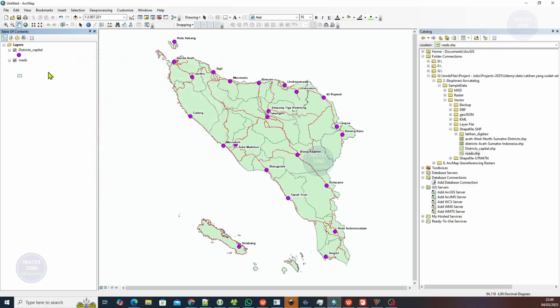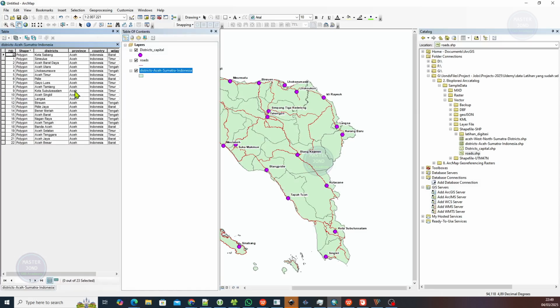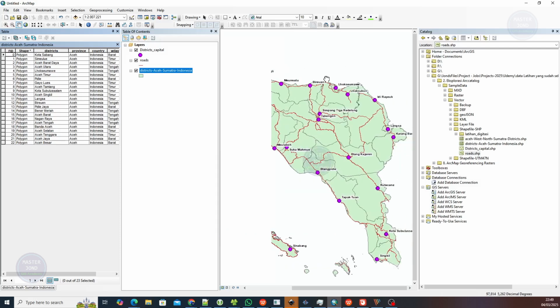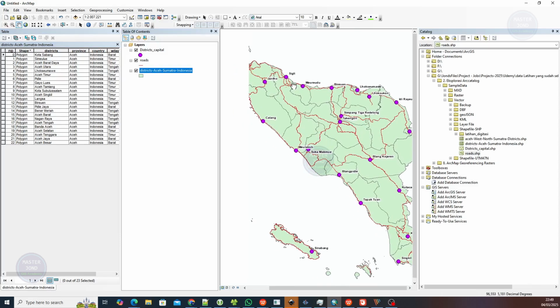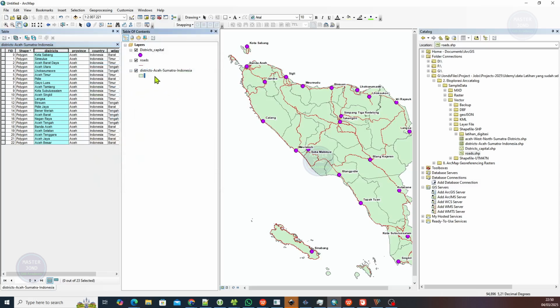And the last is the district. We will open the attribute table first. So we need to create a kind of thematic model differentiated by the districts column here, the districts field. For that, we cannot click here. It just pops up the symbol selector, but we need the properties. Double click